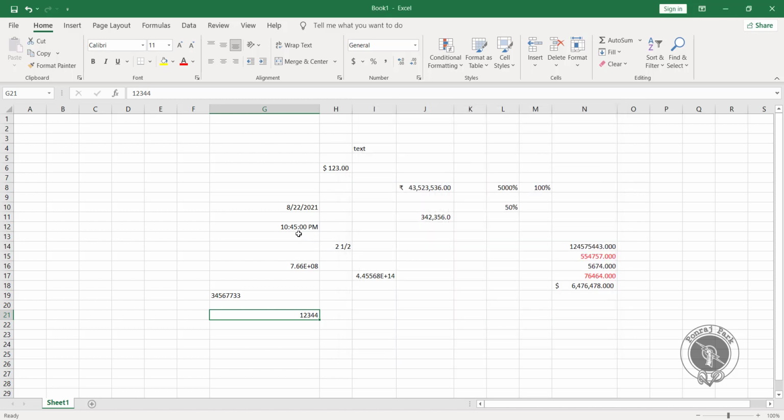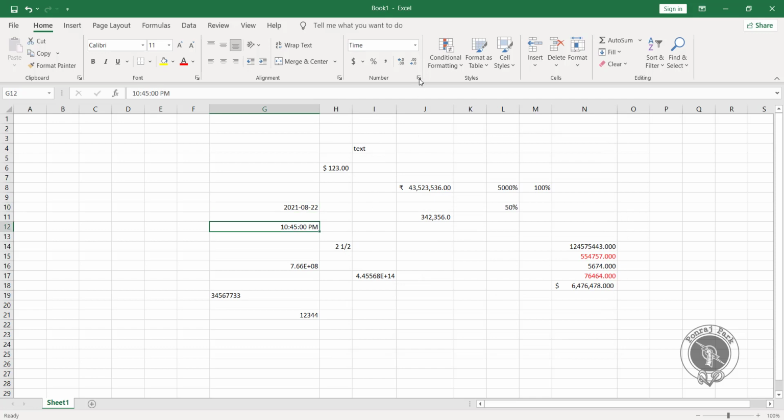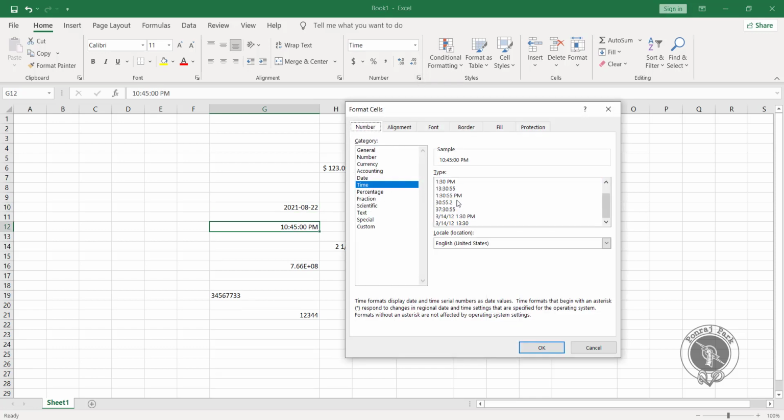If you want to convert this date option into a different format, a long format, where the year comes first, then the month, and then the date, you can also do that. You can simply change your date formats from here. Lots of different formats are available. Okay, so if you go for time, in this time also you can see we have different options available, so you can use that from here as well.